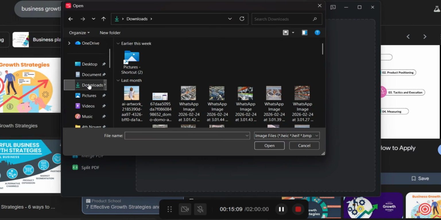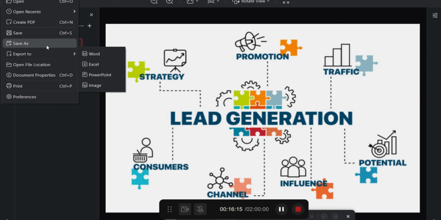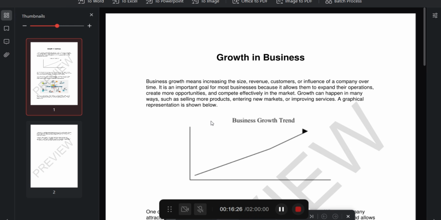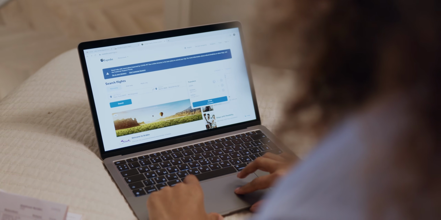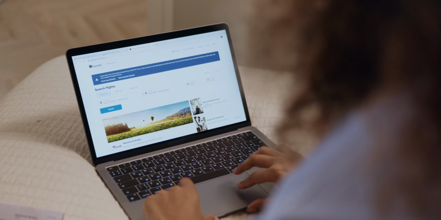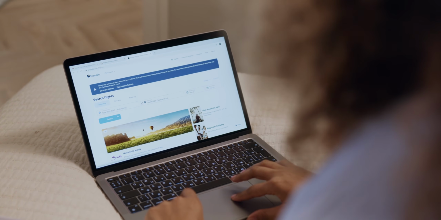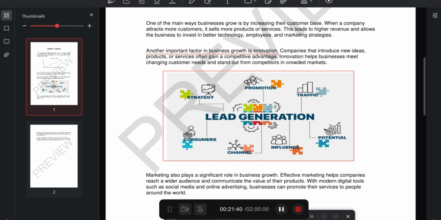Within just seconds, the app converted my image perfectly into a clean, organized PDF document. The results were instant and professional. This is exactly the kind of efficiency that makes a tool like JOPDF stand out among many other PDF applications available today. As I continued exploring, I clicked on the page management options, and that's where things became even more